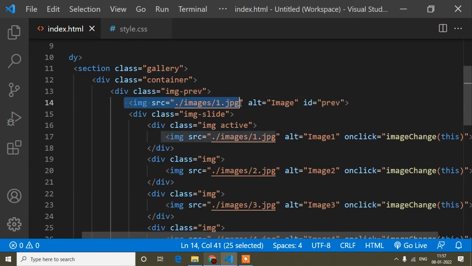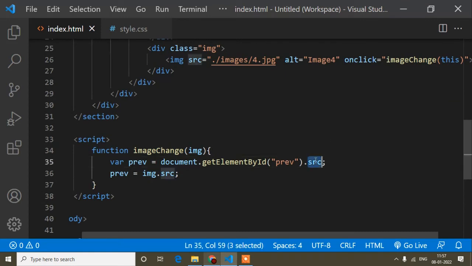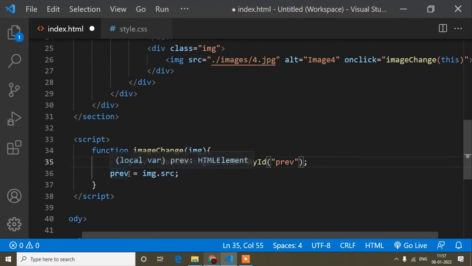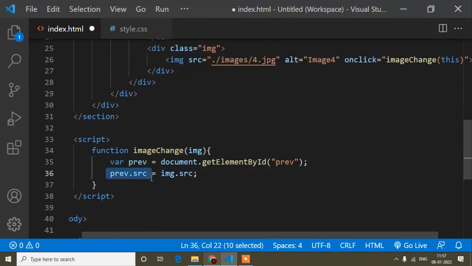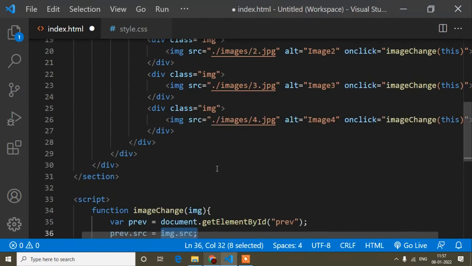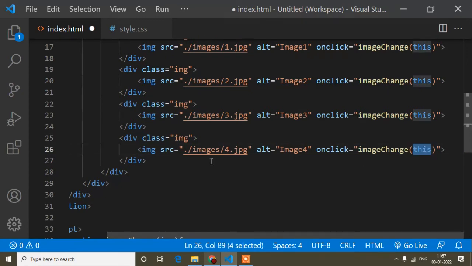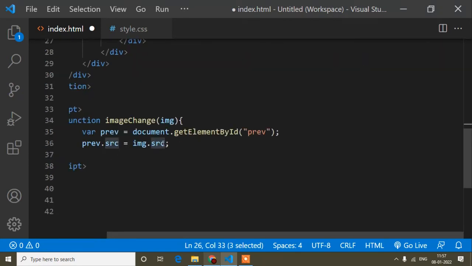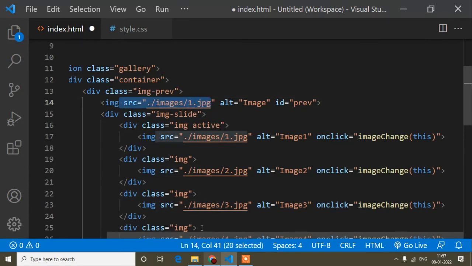This image tag source I don't need to get, so here I will not write dot source. I will delete it from here and write just this. That means inside this source I am storing whichever image I click, this dot source. So this image dot source I am storing in this display image source here.